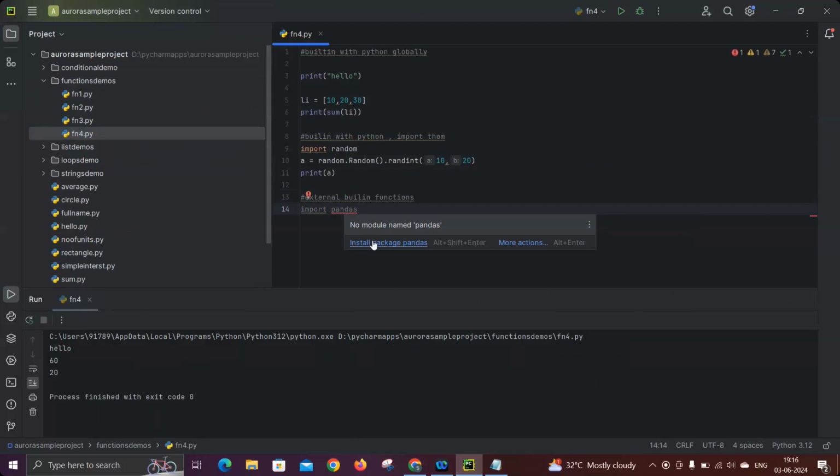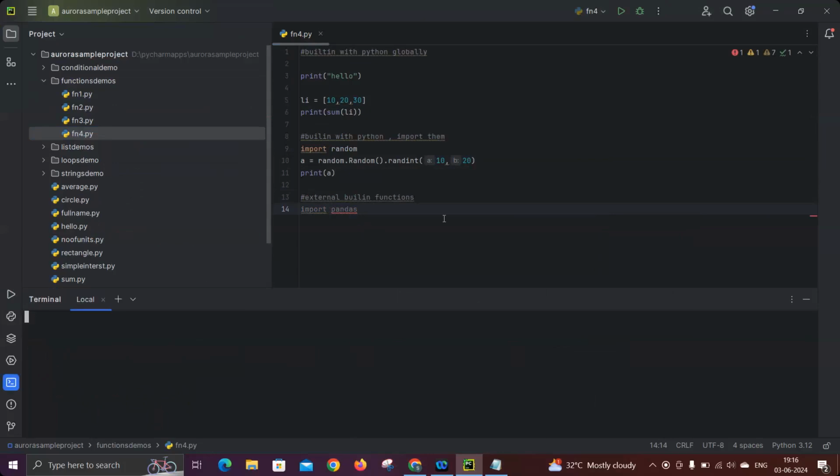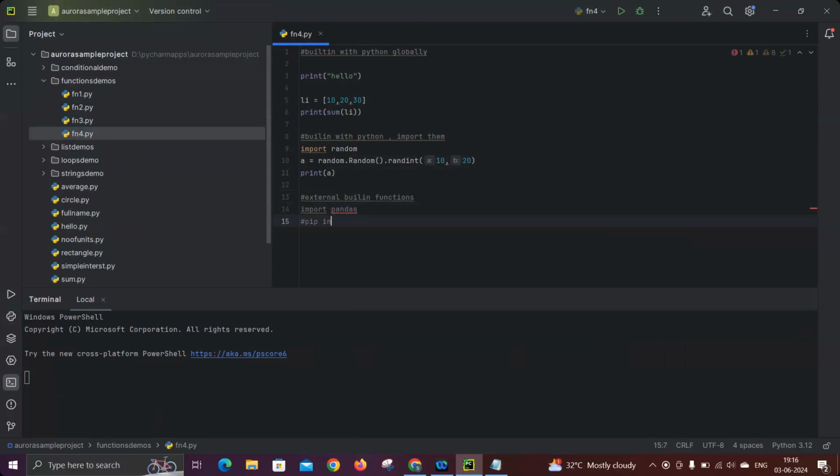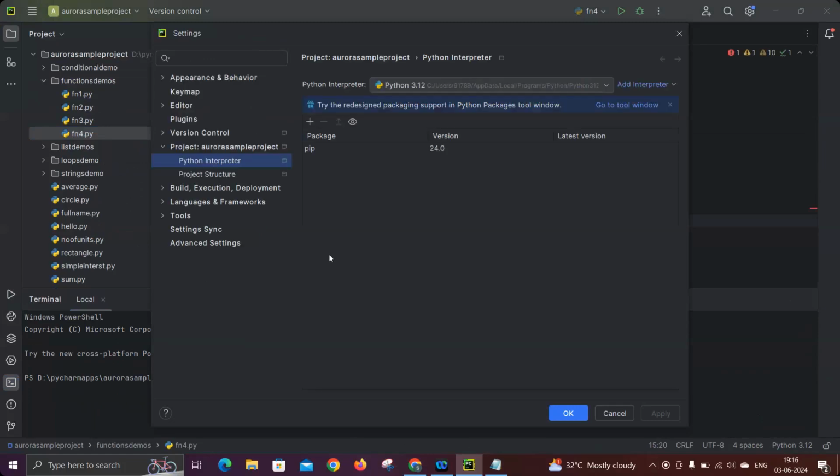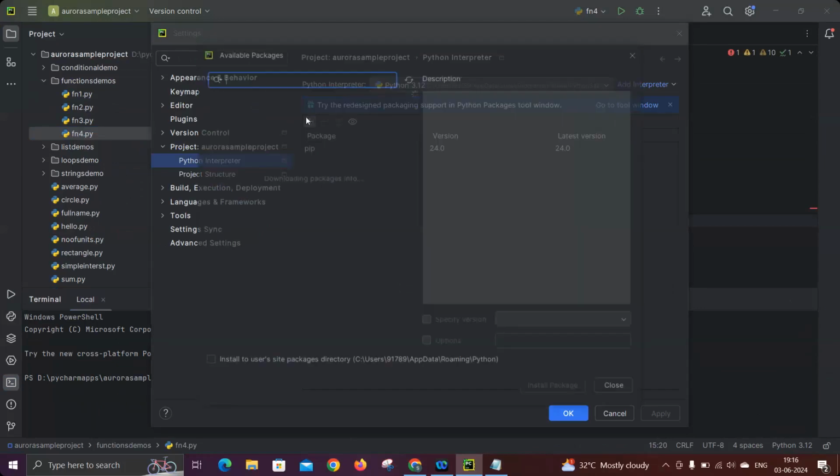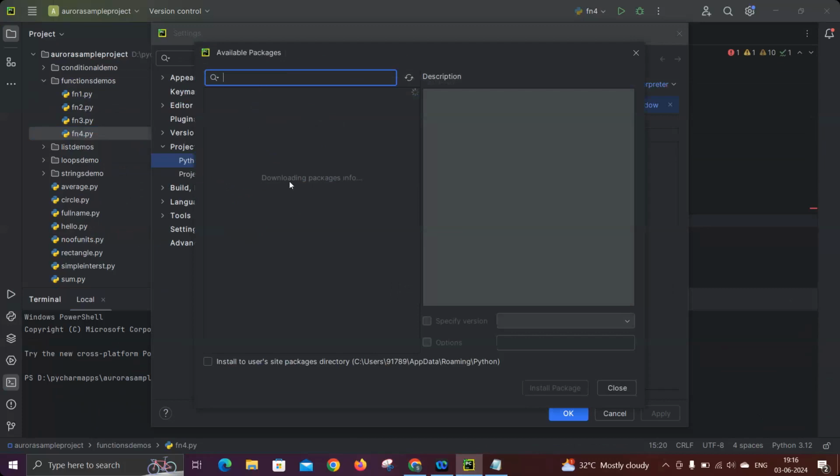Either you can install by simply clicking here, or else we can go to the terminal, where you can use pip install. I will write a comment: there is a command called pip install followed by the package name. Or else go to the interpreter settings, where you have an option to install by searching in the search bar. In the previous two cases you need to remember the package name, but here we don't require that. A search is there, and just by typing it will give you the option to install automatically